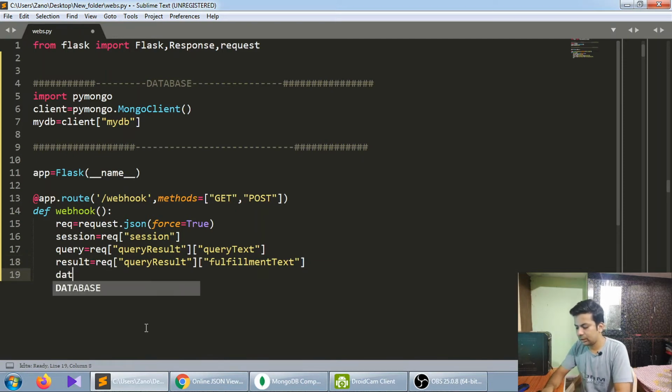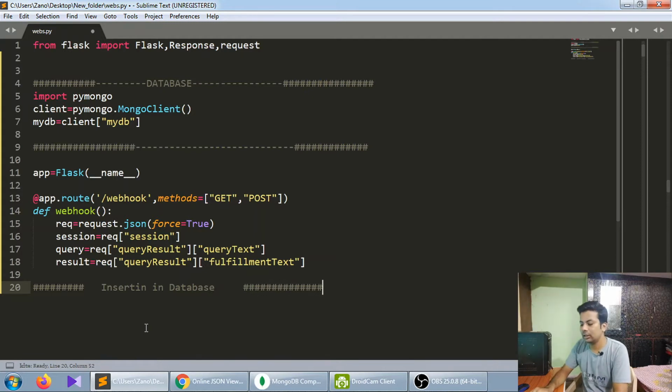Now we'll just make a dictionary of both the things. Now this is the part I'm inserting into the database. Let me comment it and write: inserting in database. You can use any database to insert. Now we have got the question, result, and session, all.